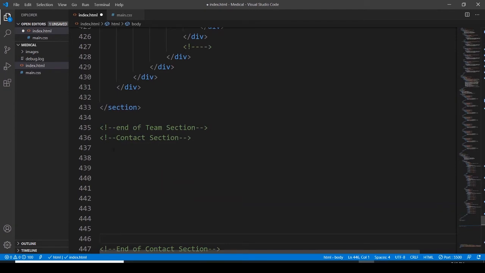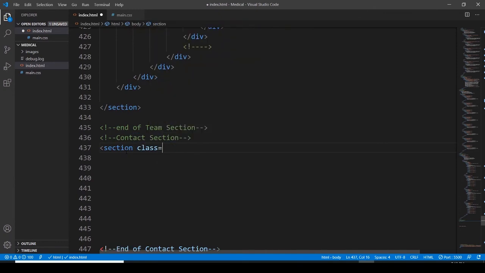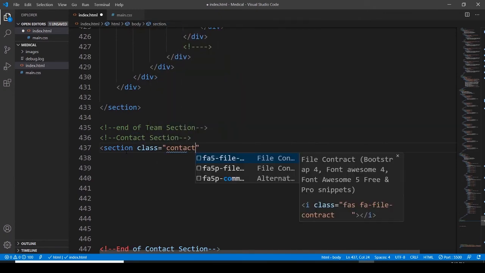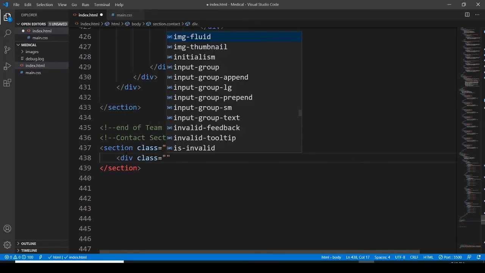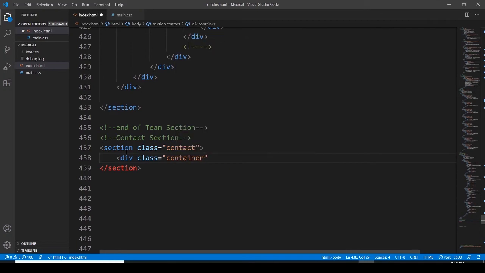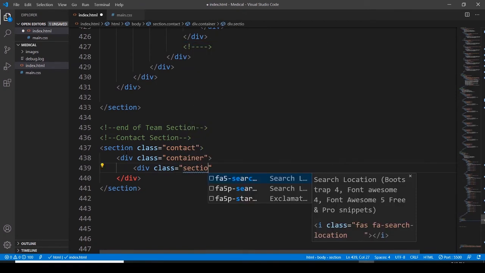Here we go. Section element with a class of contact, then division, class of container, then another division, class of section title,